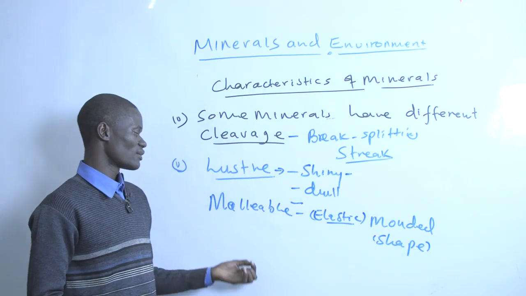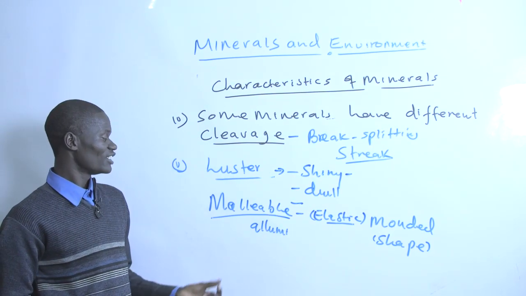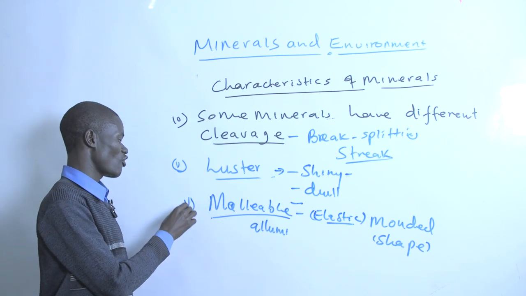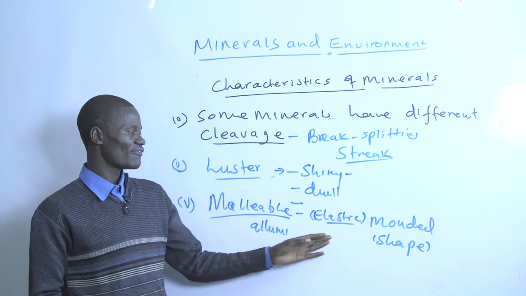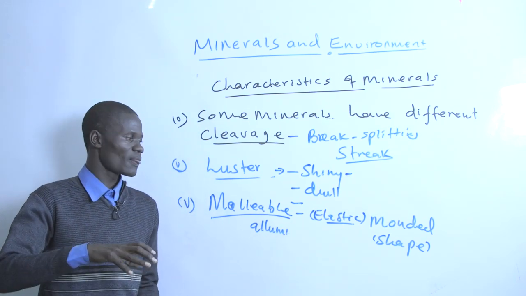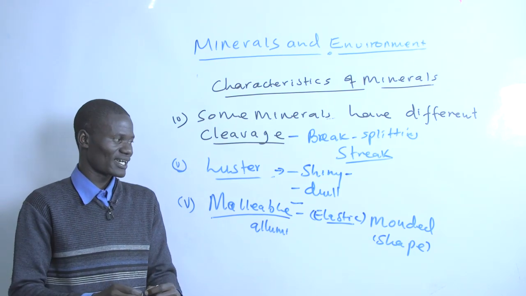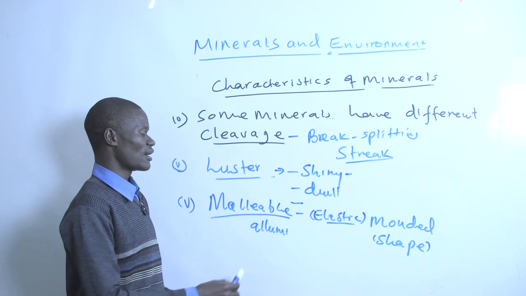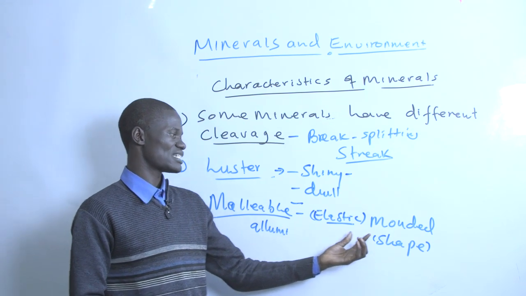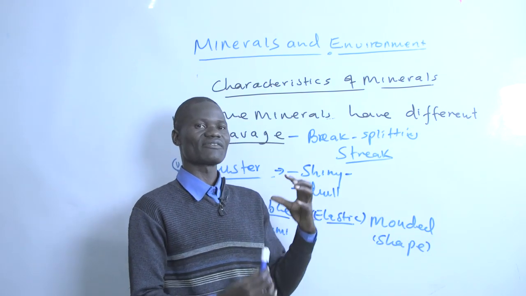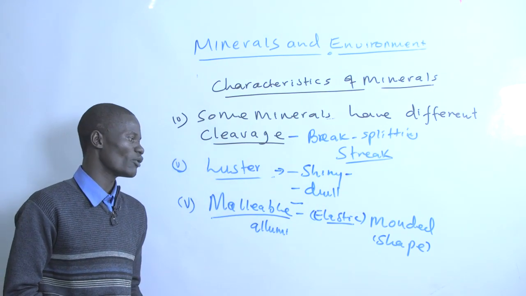For example, the mineral aluminium. Malleable is a characteristic of a mineral having elastic form. For example, an elastic band can easily stretch and come back again to its normal position. Therefore, a mineral can have an elastic ability. It can be easily molded to take a given shape that you desire. For example, aluminium can easily be molded